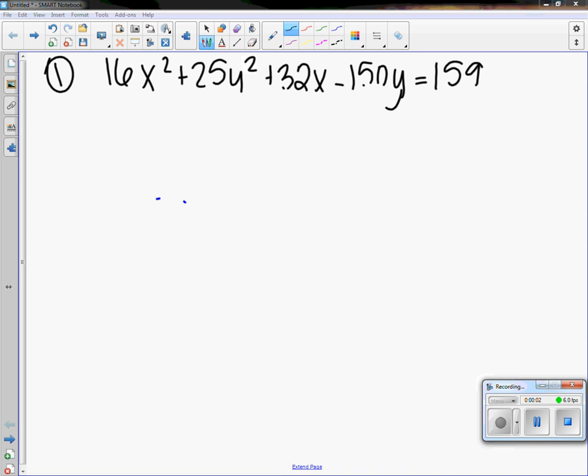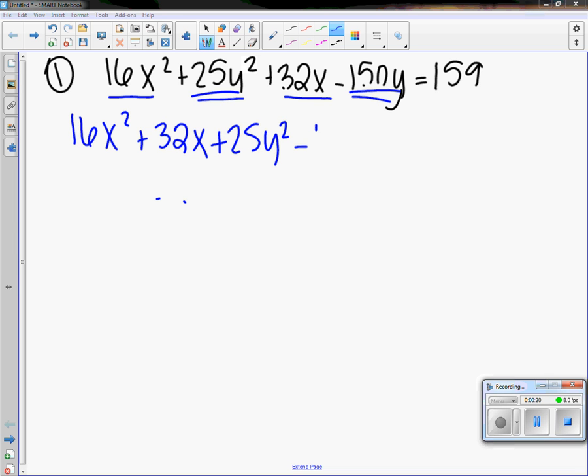Alright guys, this is number one on your homework for completing the square. So I told you guys to get started by grouping the terms that have the same variable together. So we have 16x squared plus 32x, and we have the y's, plus 25y squared minus 150y equals 159. Okay,